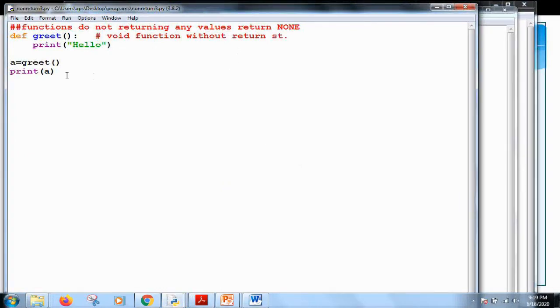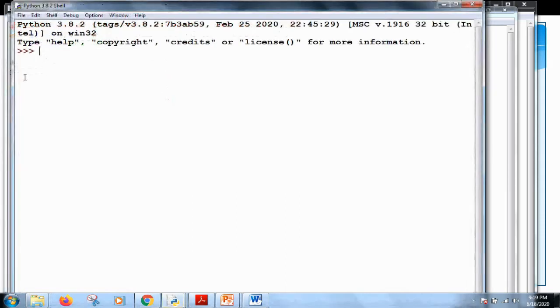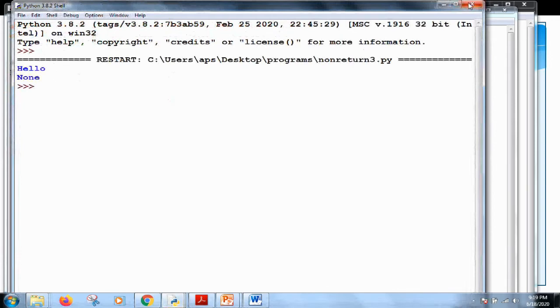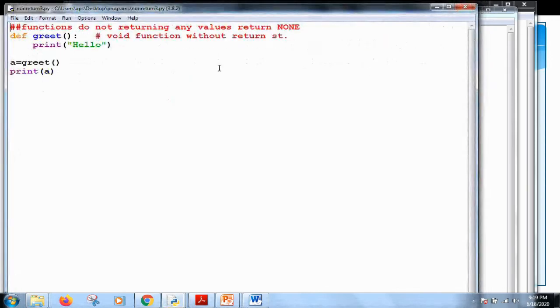See, these functions are basically returning nothing. It doesn't mean that they actually do not return anything. From a programming point of view, they return a value called None. Let us see how this is happening here. Here the greet function is called and it will print hello, and after that, when we come back from the function, it will return the None value to the variable a, and if we print the variable a, we will see that None is printed. So one thing should be clear in mind: non-returning functions, void functions, do not always return nothing, they return the None value.